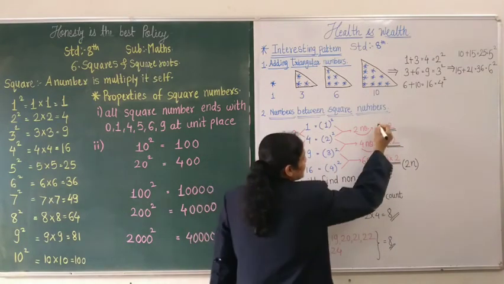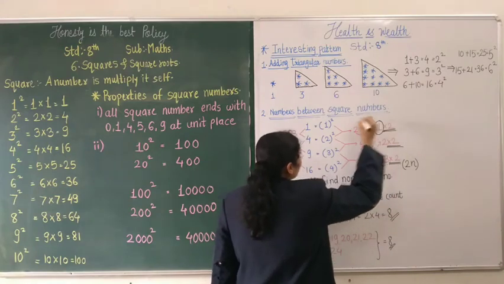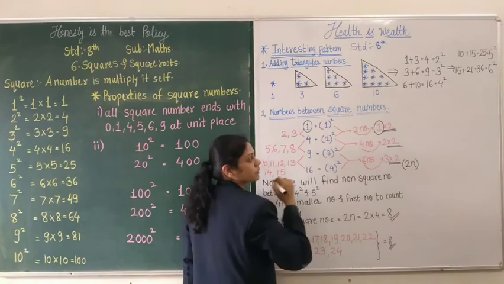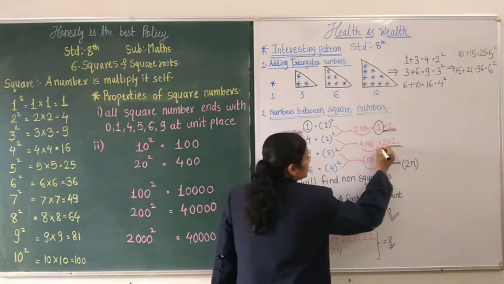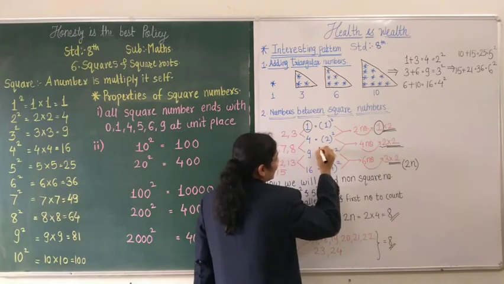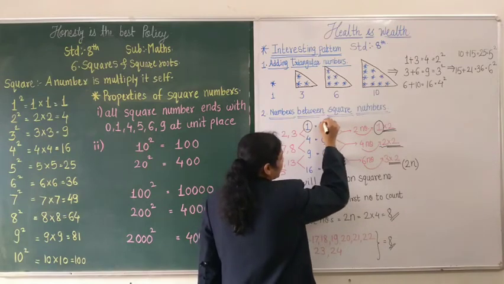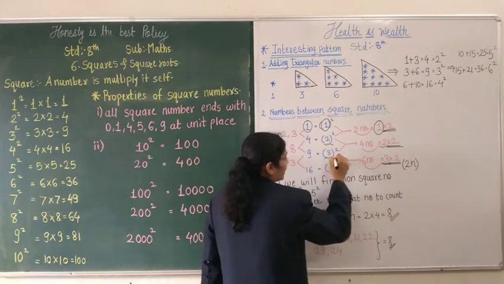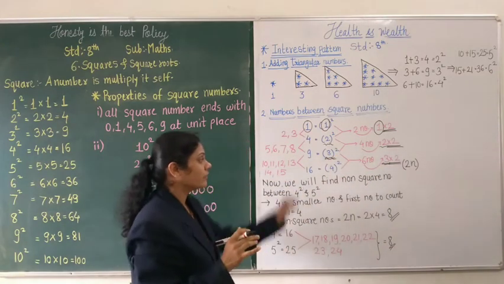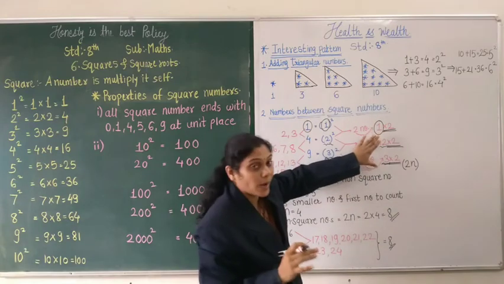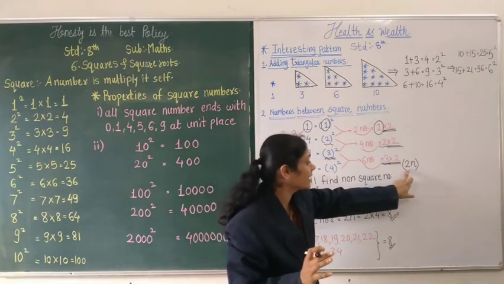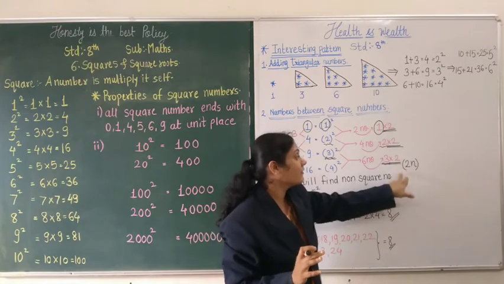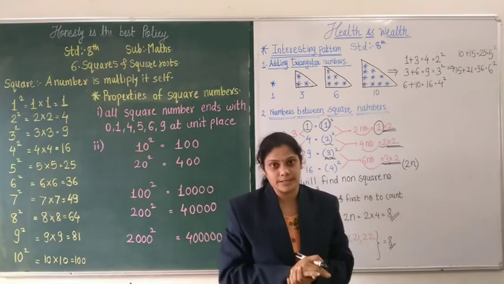And you can see this. How can we get this number? This one. And when we find out the numbers between this number, this one, it is common. This 2. Here it is, we get 2. Here this one, here is 3. Here we get 3. So like that, we can find out that these numbers are twice of any numbers. So we can write 2n. So easily with the help of this formula, we can find out the numbers between square numbers.